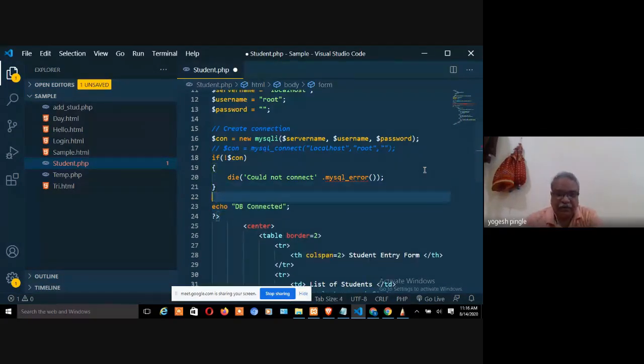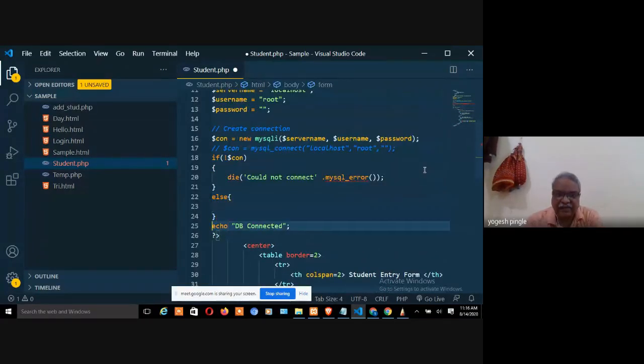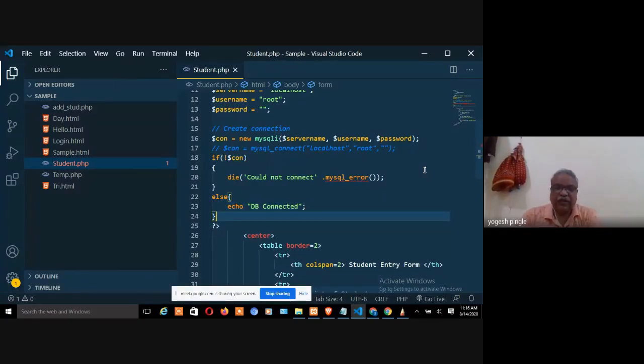You can put it over here. If something goes wrong, then it's fine, else you say that database connected. If I'm having this database connected message on the screen, then you will come to know yes, the database connected successfully. So you add this in your code.